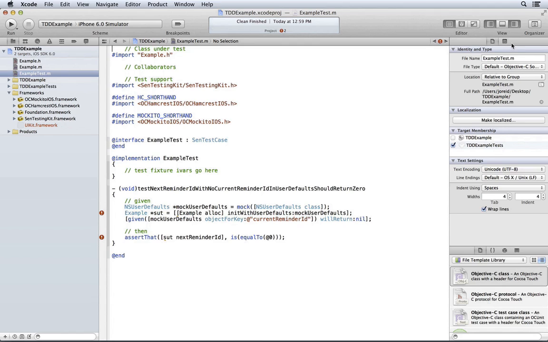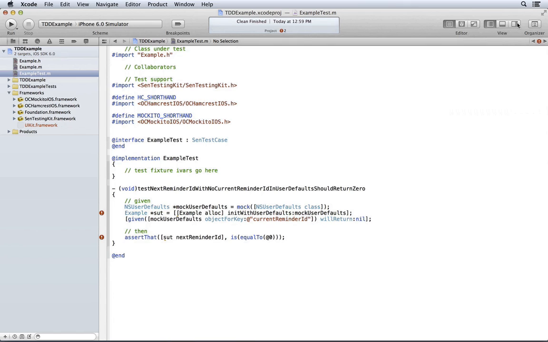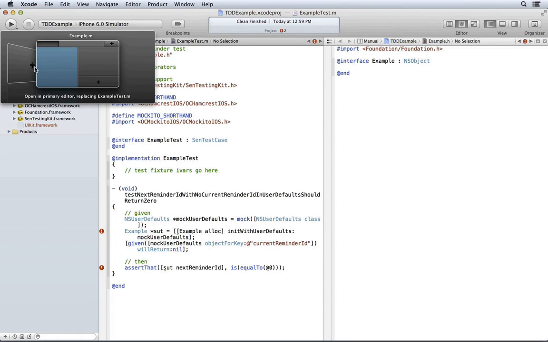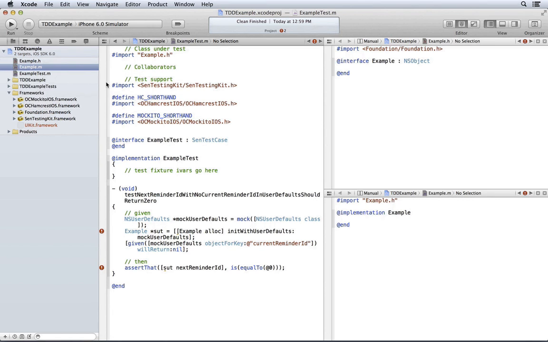Now, let me show you how I set up my screen for the best workflow for TDD. Let's hide the utilities panel. I have the test selected. I'm going to option click on the header file. Brings it up there. And then still holding option, now holding shift, so shift option click on the implementation. That brings this up, and I double click on the plus here to bring it into the bottom right. So what this gives me is everything I need.